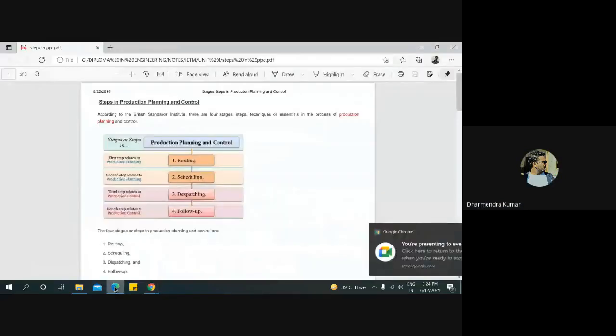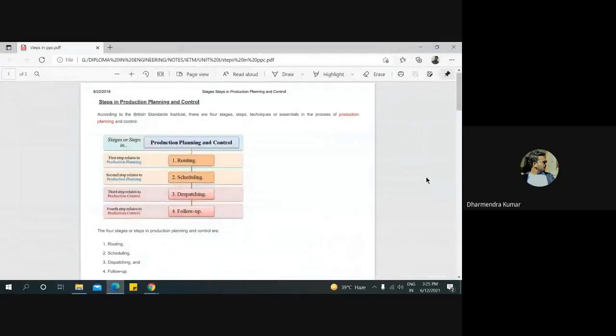Hello all. In the previous chapter, we have seen various aspects of production planning and control. We have also seen that production planning and control plays a vital role in any manufacturing system.